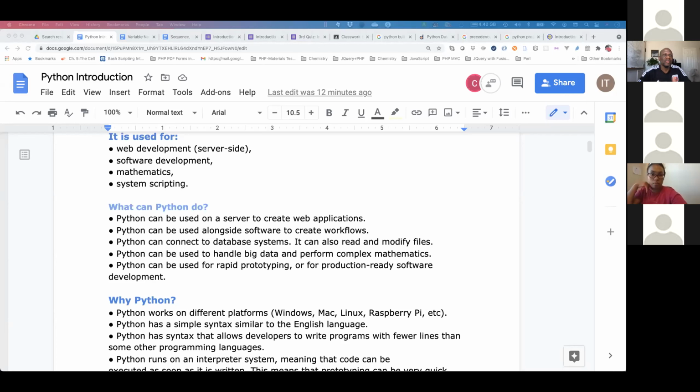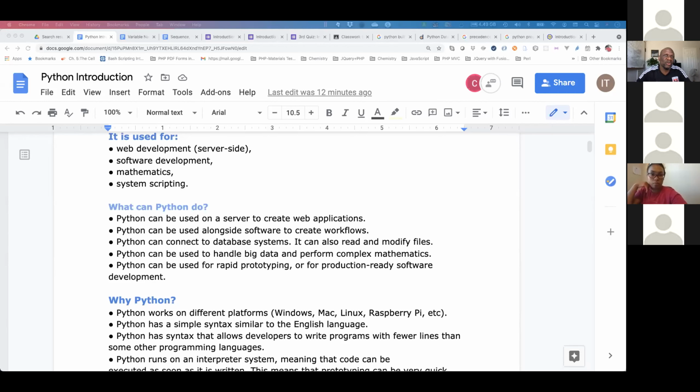Python can connect to database systems. The advanced programming class will be able to attest to that. We've so far used Python to connect to SQLite. We've used it to connect to MySQL. We've used it to connect to Mongo database. You can use it for connecting to Oracle, for connecting to Neo4j, and so many other databases. So it has the API. API means application programming interface, and that enables Python to talk to third-party systems.